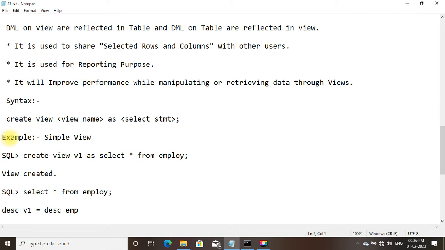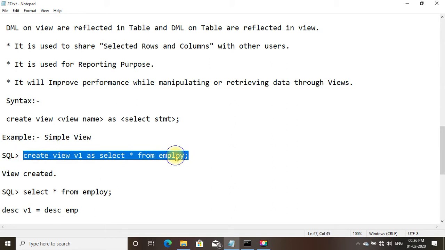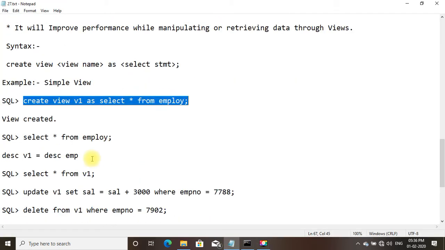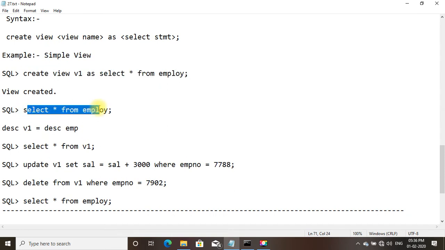Example, a simple view. We shall try this example. Create view v1 as select star from employee. You can see view created. Now if you do select star from employee,